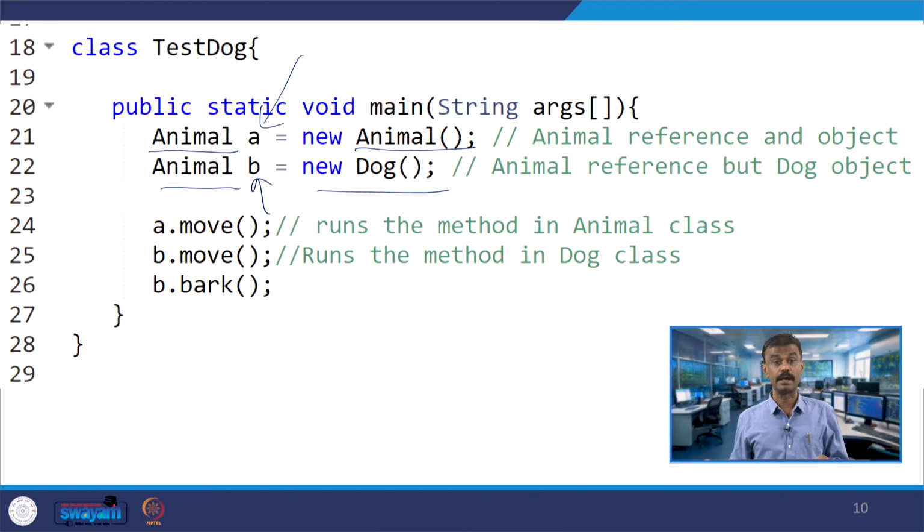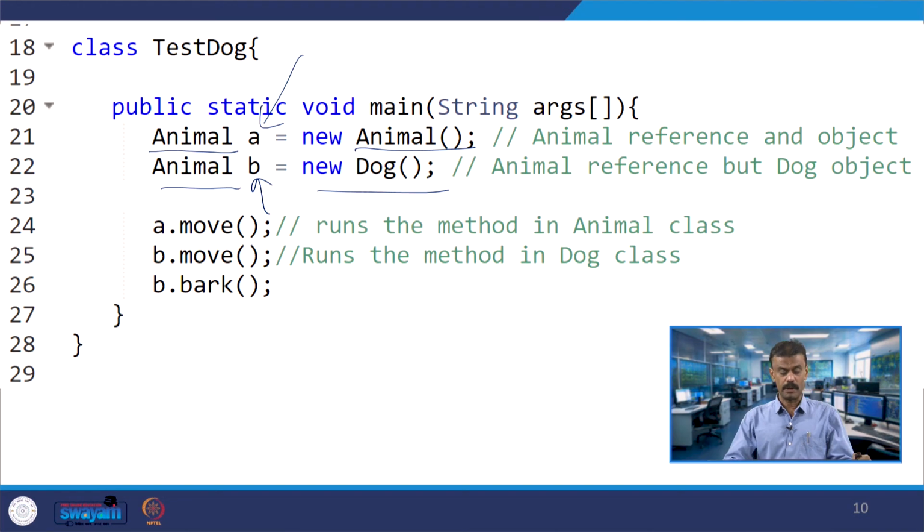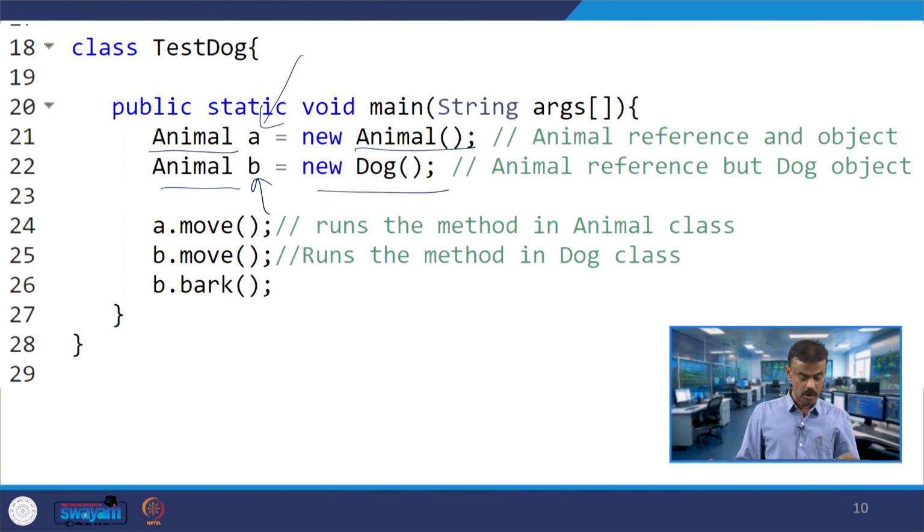When A is invoking move, Animal's move will be invoked. And when B.move is called, "dogs can walk and run" will be printed. But when I call B.bark, can you guess what will happen?